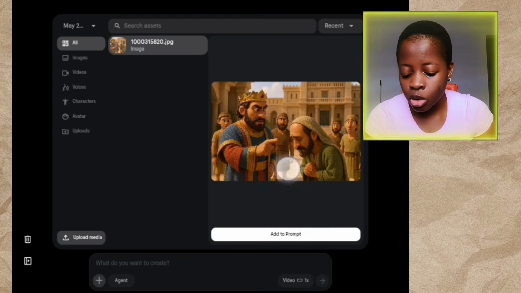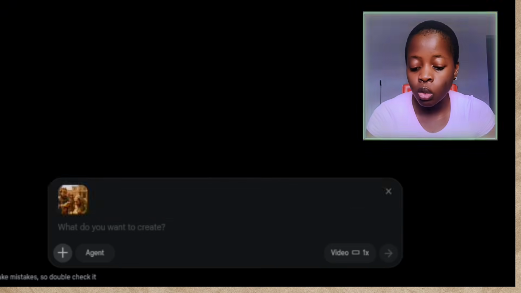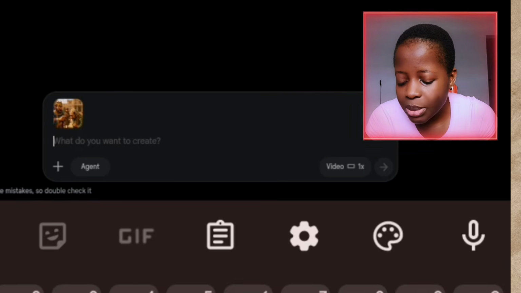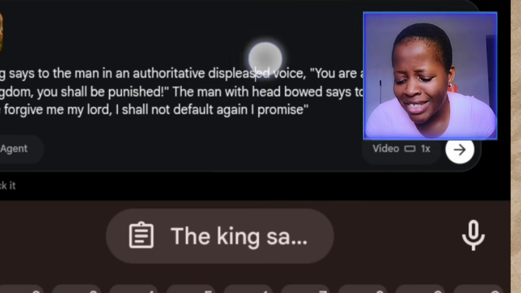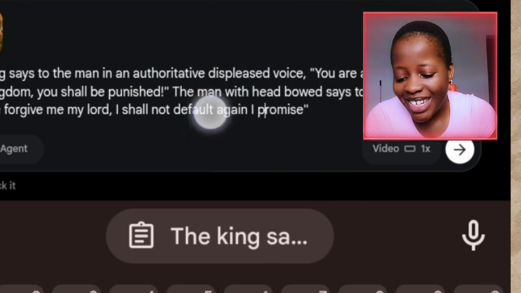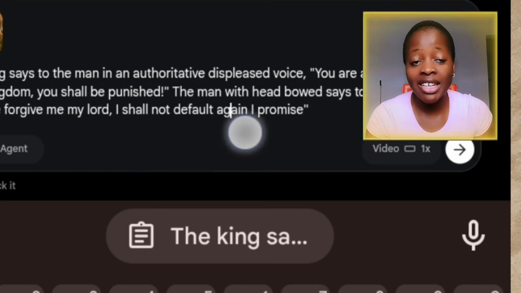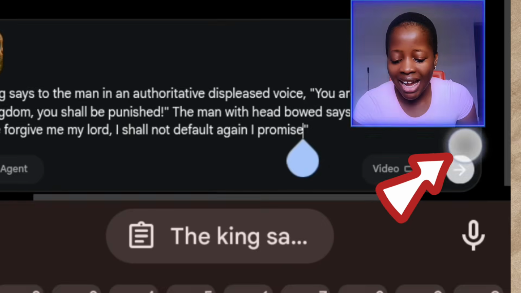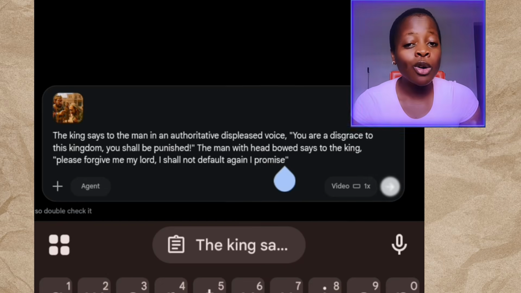So once it's visible, you come to this place now, and then you have to type in the prompt of what you want your image to say. So I typed in this prompt. The king says to the man in an authoritative, displeased voice, "You are a disgrace to the kingdom, you shall be punished." The man with head bowed says to the king, "Please forgive me, my lord, I shall not default again, I promise." Right after that, I'll just go ahead and click on send and wait for Flow to generate